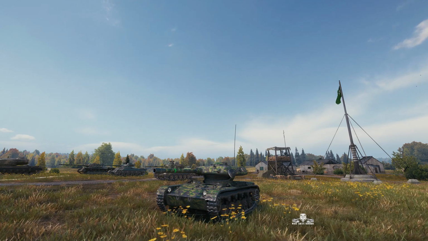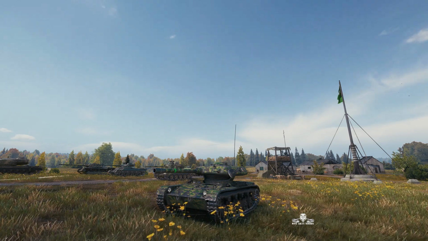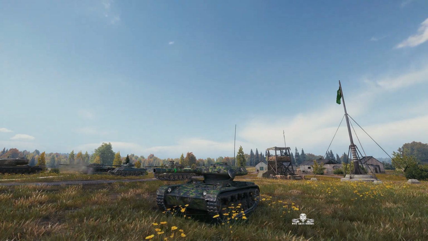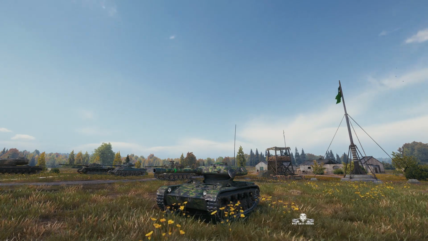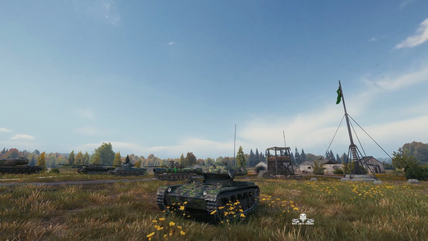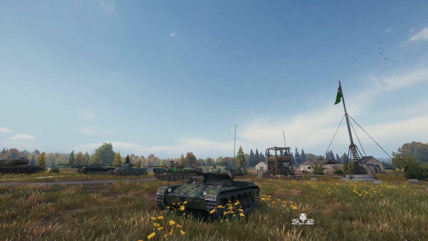This is an ELC EVEN 90. It's a French Tier 8 premium light tank, and this one's located on the south spawn of Malinovka under the command of FortQ2. Yes, it's another of my replays. I played this one early in the morning actually. I was playing on my General Disturbance account, but I decided to switch over to a different one, and this